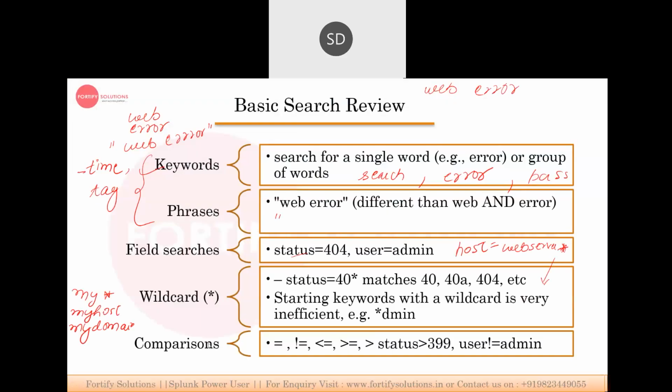So the next is the comparison. What is the comparison here? It is when we need to compare the data. In the comparison, let's suppose it is equals to, when some value is equals to something. If there is any data and the value is equals to that particular thing, it will search. Let's suppose host equals to admin, this value is equals to this, so it will start searching that data.